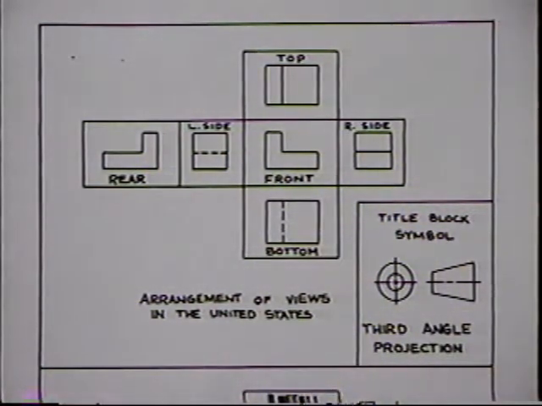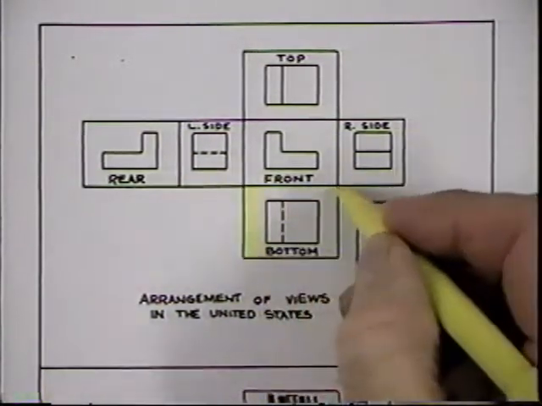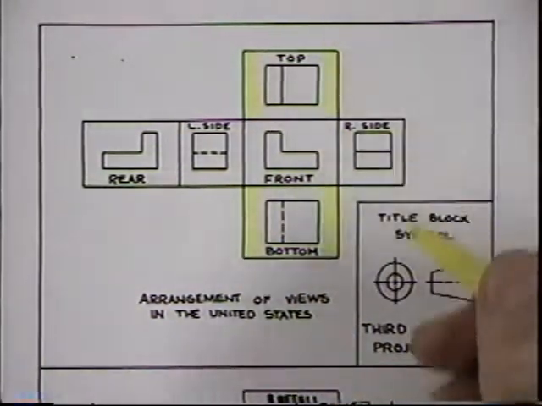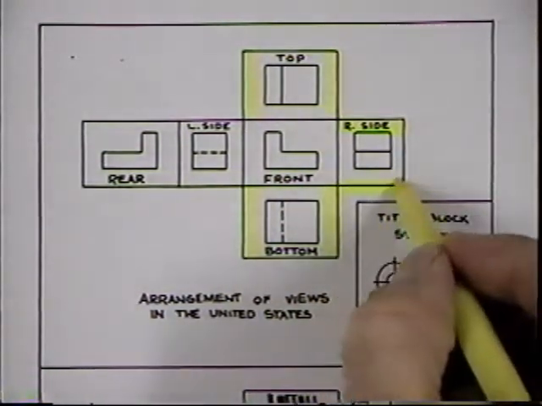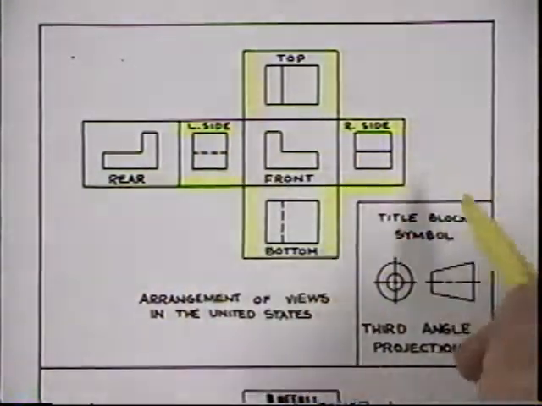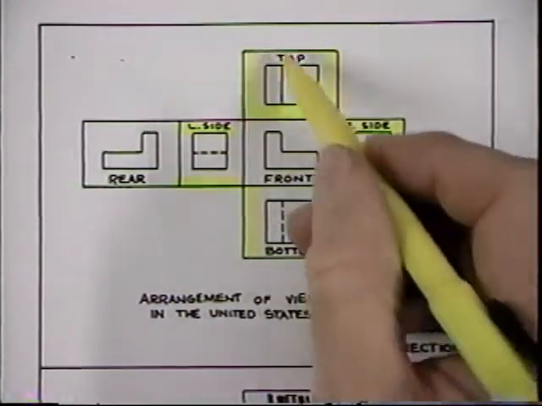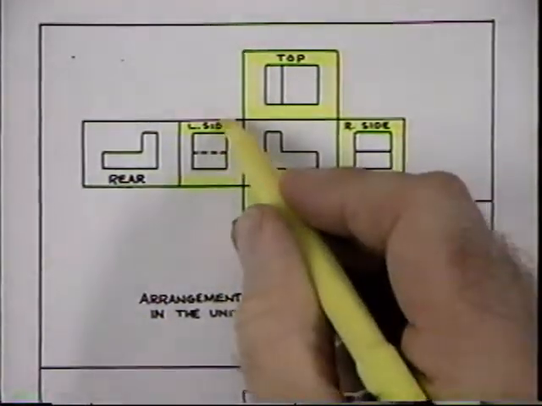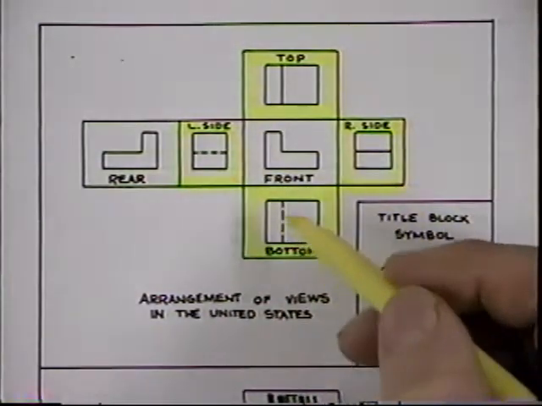And it becomes fairly easy for an individual to view an object. But as soon as we get into first angle projection, things change slightly because we are in the first quadrant, and what happens is the bottom view will move to the top, and then the right side here will move to the left side here. And so these four views, the top, the bottom, the right side, the left side, all change or all move,